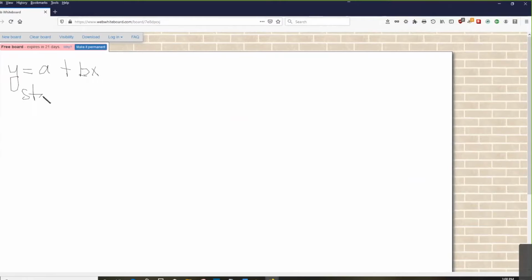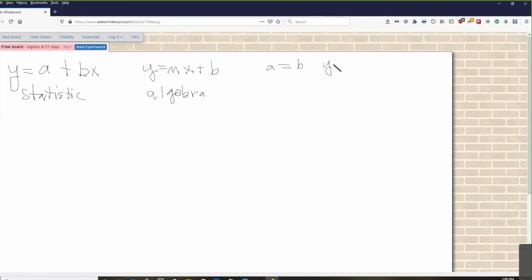So this is for statistics, and you'll notice it looks very much like the y equals mx plus b formula that we use in algebra, which is the equation for a line. And these two are exactly the same. They're just written differently, and that helps to identify, are you talking about something with statistics, or are you talking about something for algebra? So your a from the statistics equation and your b from your algebra equation is your